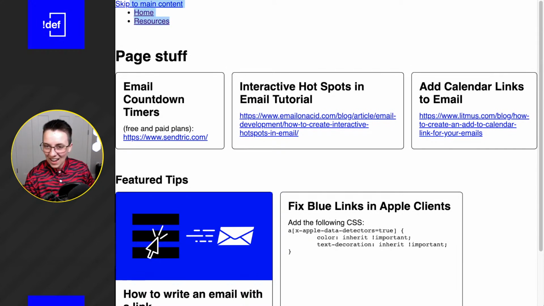We're going to get our nav figured out. We're going to make this look really nice and really easy to navigate, and get our email